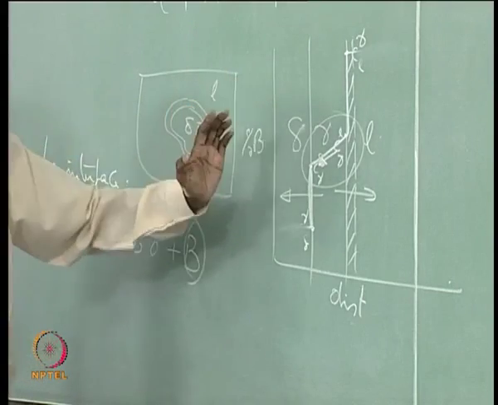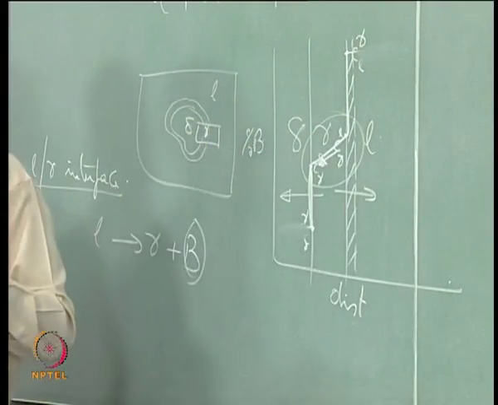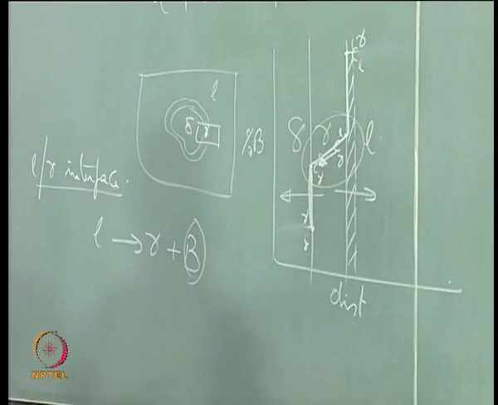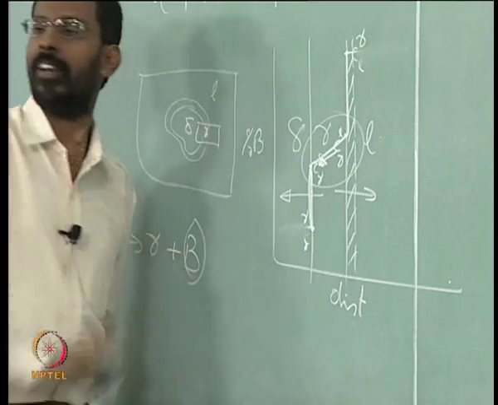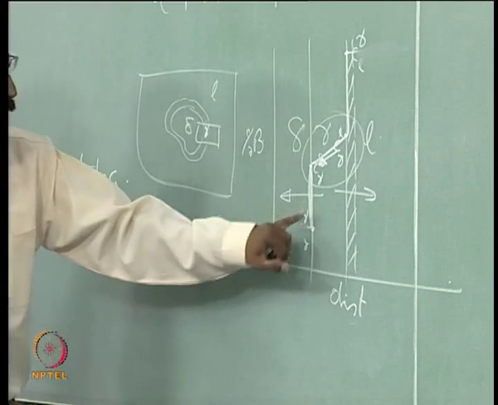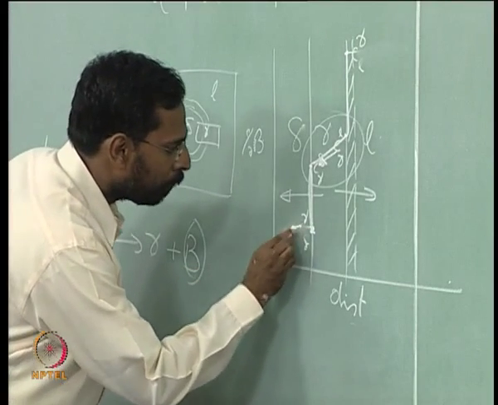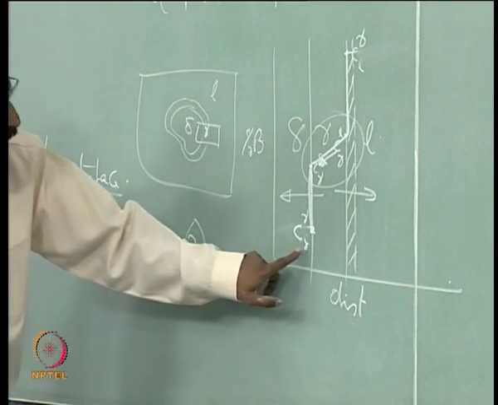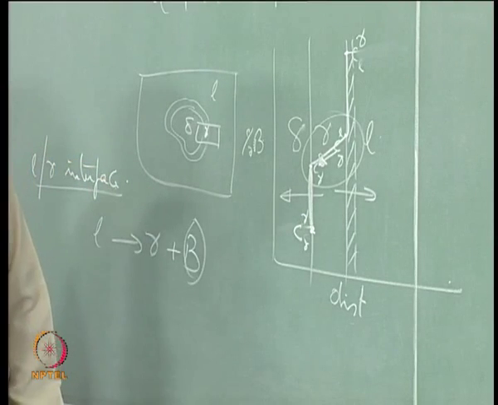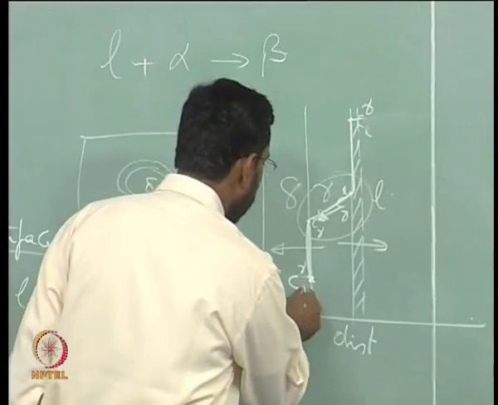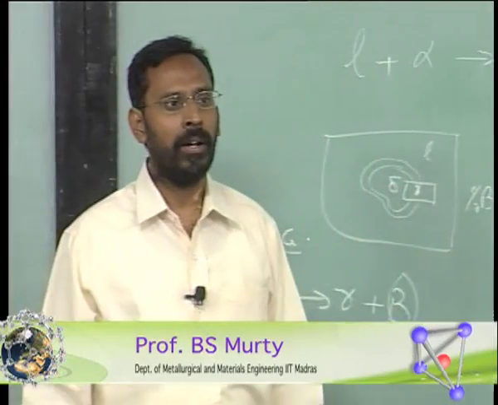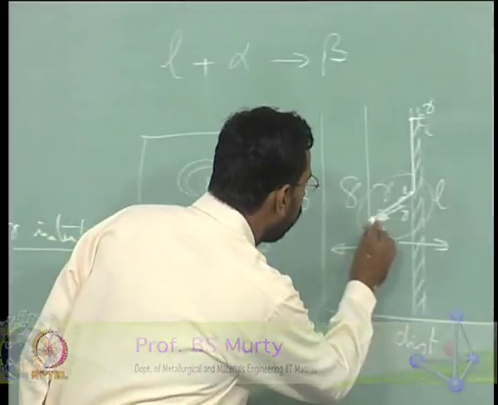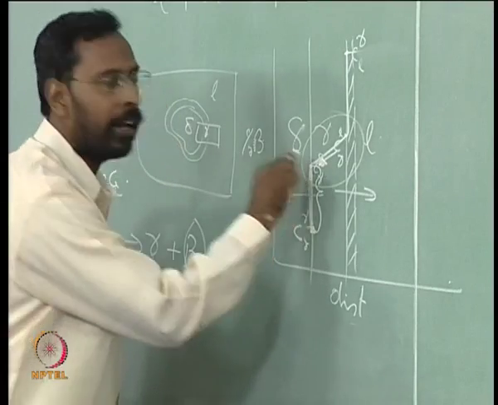And what has happened in that process? The gamma has got extended into the liquid, some liquid has got converted into the gamma. And now what happens is, once these B atoms reach this interface, if you look at the delta composition, it is this, delta has a smaller B content than the gamma, is it not? And this is the composition of delta in equilibrium with gamma. If this delta has to get converted to gamma, it needs more B atoms, because this is the difference in the B atoms between delta and gamma.